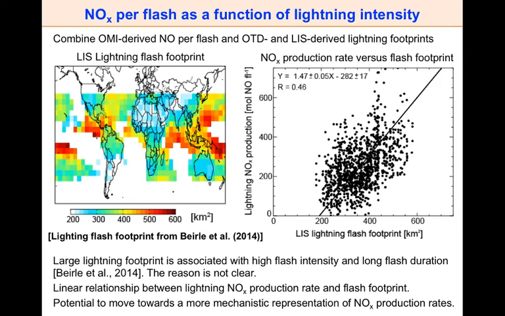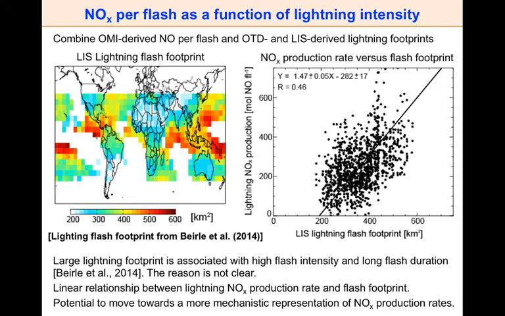This relationship also exists if I plot it against lightning intensity or lightning duration, but the most robust linear relationship that I'm seeing is with this footprint. And so I think what's encouraging about this plot is that perhaps now we can move towards something more mechanistic in representing this moles of NOx per flash rate,